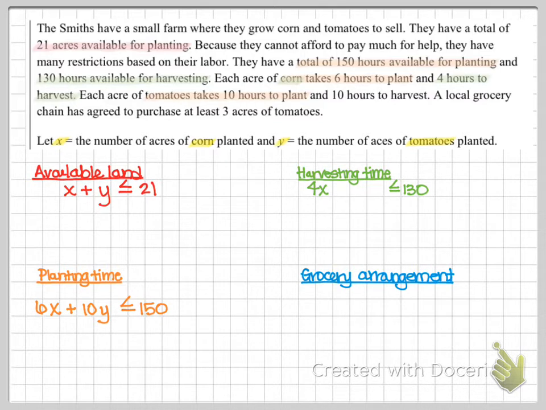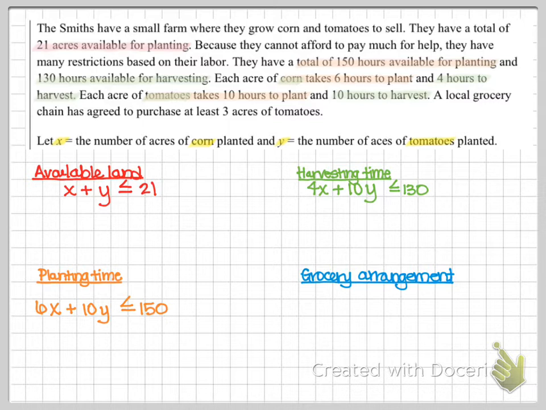All right, let's see if we can find the harvesting time for tomatoes. Okay, good. So tomatoes, highlighting in green, 10 hours to harvest. Okay, 10 hours. So plus 10 for the tomato harvesting. All right, there we go. And then let's see, what else do I have? Oh, grocery arrangement. That looks like it's the only other question that I had from the previous